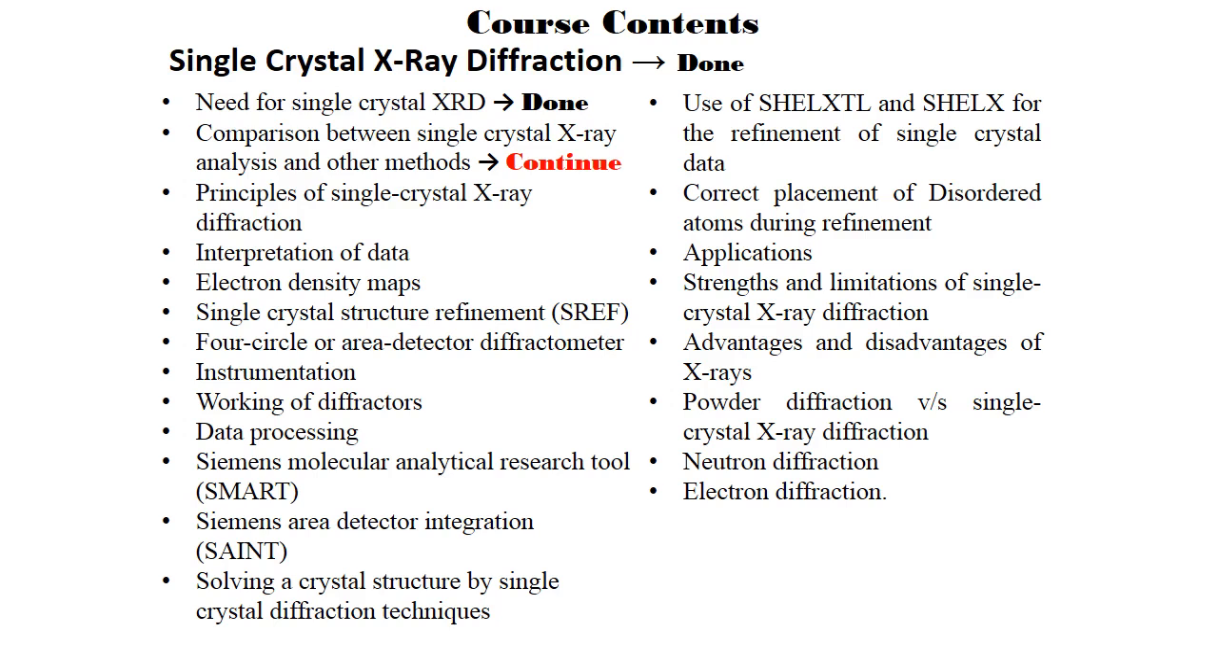After this, we will discuss the interpretation of the data, the electron density maps, the single crystal structure refinement, the four circle or area detector diffractometer, the instrumentation of diffractometer, working of the diffractometers, data processing,